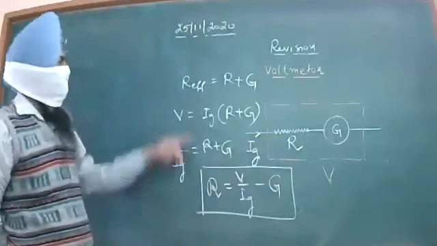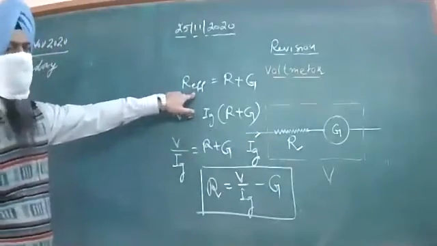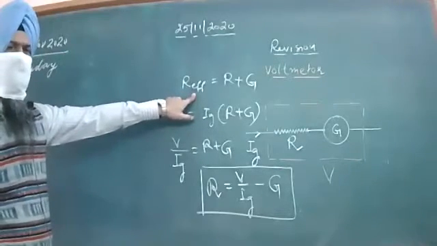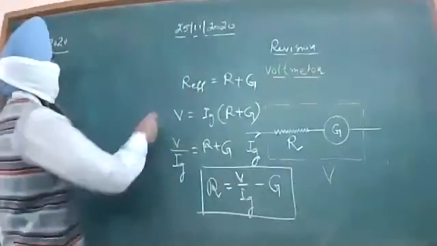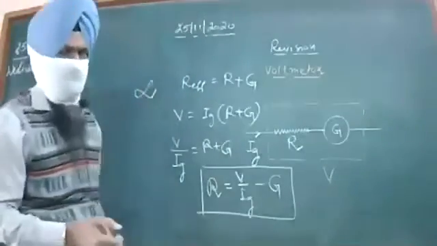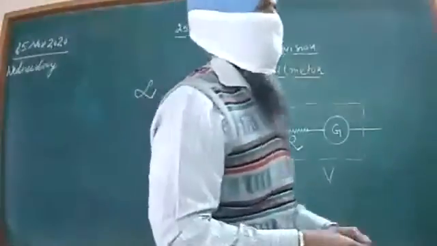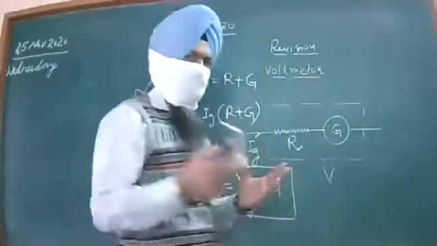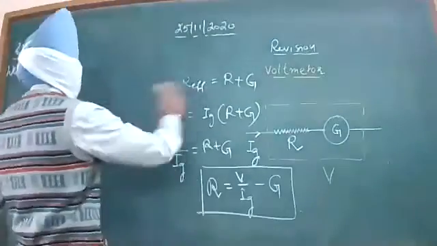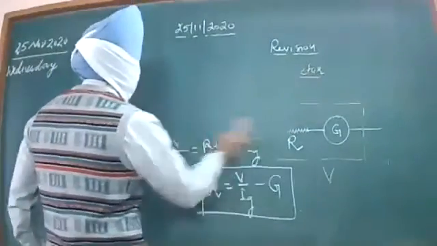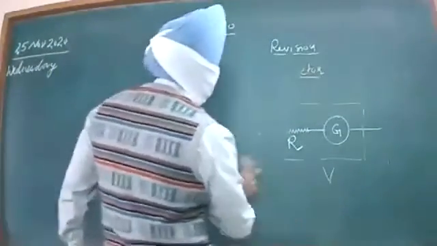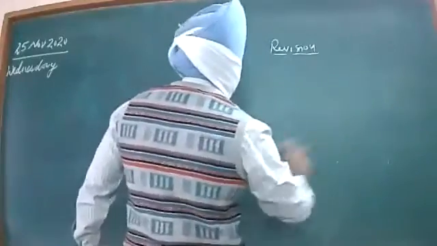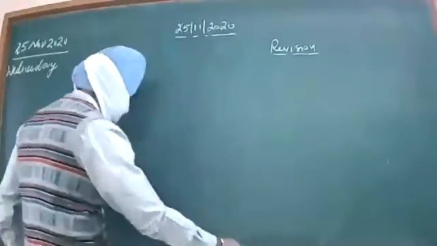One thing more, beta. We have calculated the effective resistance in this situation. But at the same time, if we talk about the ideal voltmeter, it has infinite resistance. Ideal voltmeter possesses infinite resistance. Ideal ammeter possesses zero resistance, beta. So these are the two conversions. Sometimes on the basis of this conversion, a question may come in the examination. So you have to be extra careful regarding this conversion.